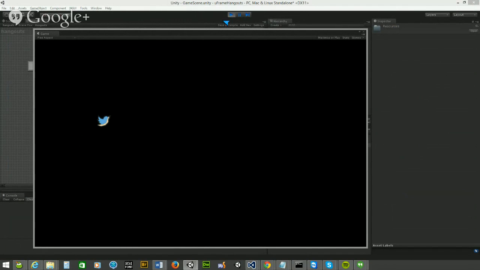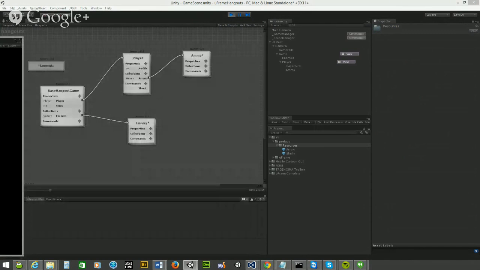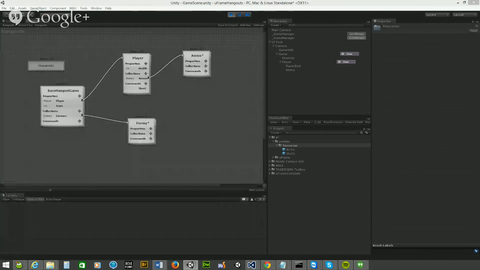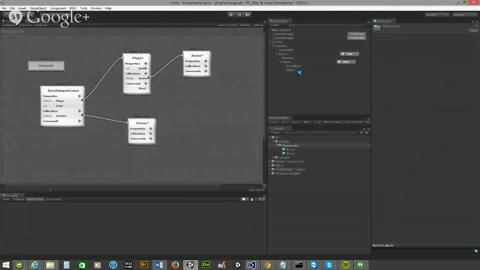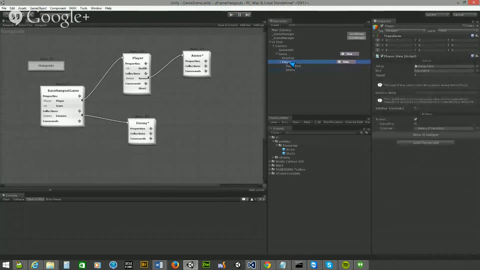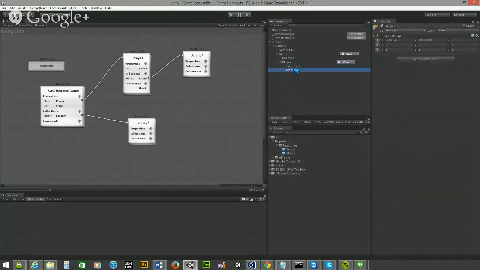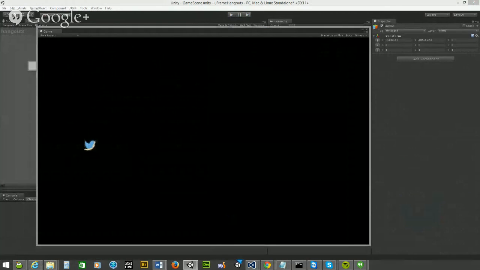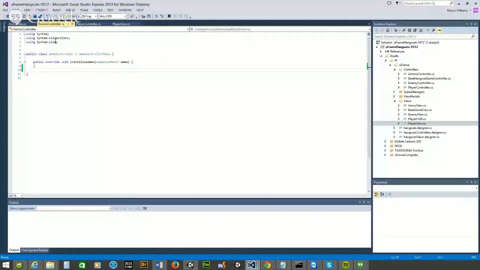Hey, why isn't it working? Did I not activate bindings? Maybe. No, I bound it. Are you adding to the collection? I was adding to this collection. I thought I was. Player controller, shoot, player arrows, add